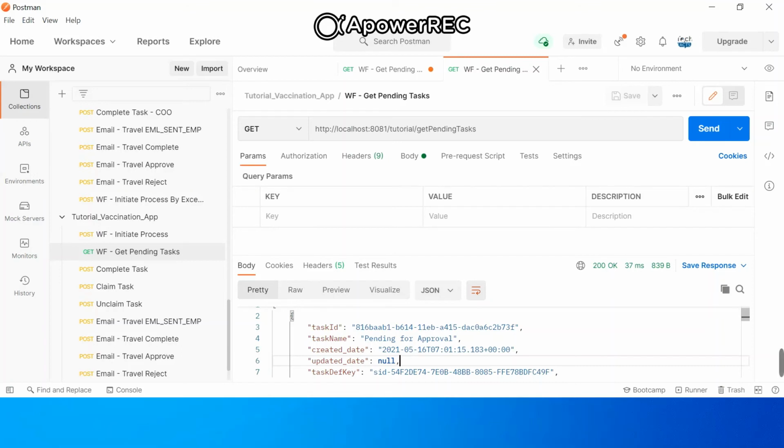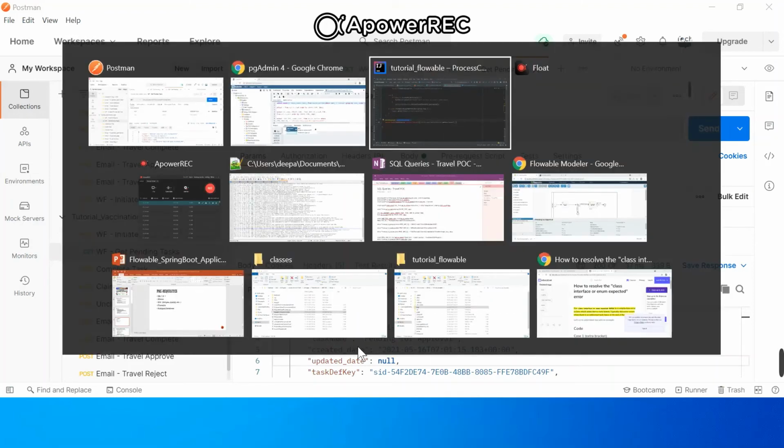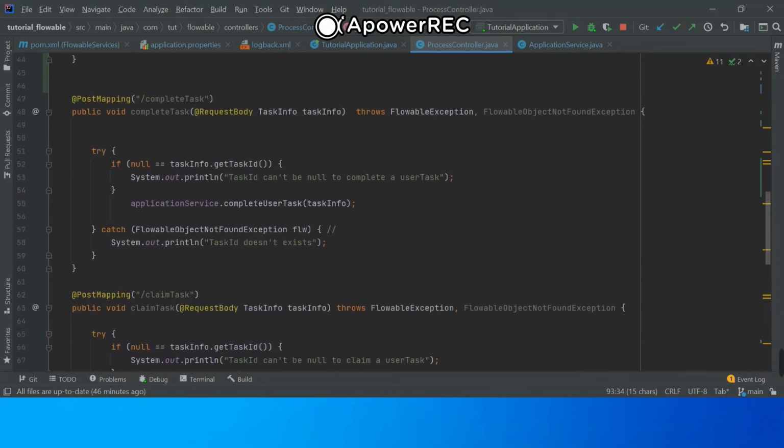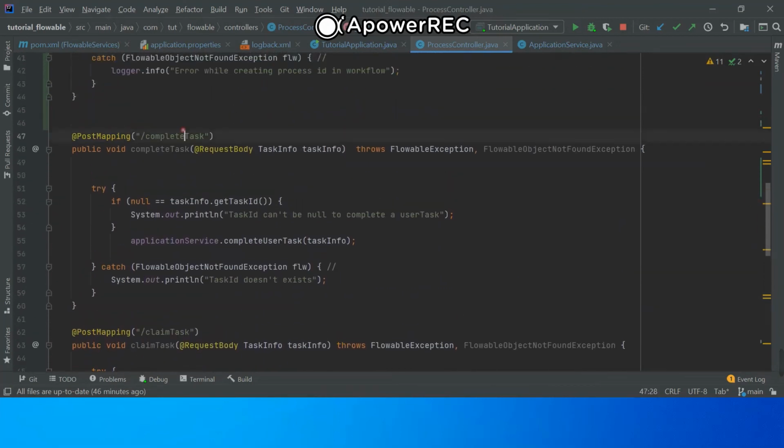Now the next step is we would like to complete one of the user tasks. For that we have another REST API written for completing a user task with the endpoint complete task. Here we are giving the task info object, where in the application service we are calling this method complete user task.